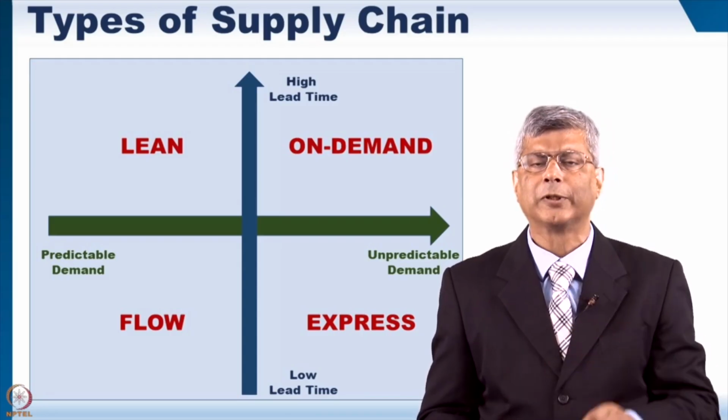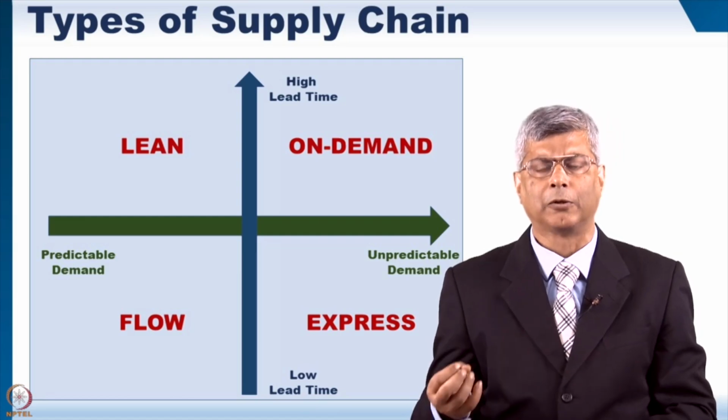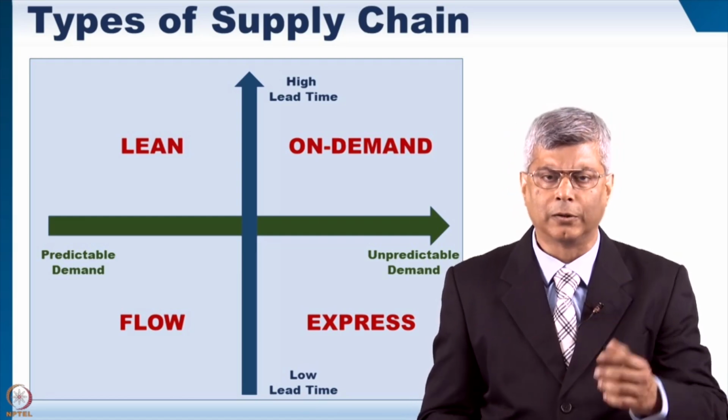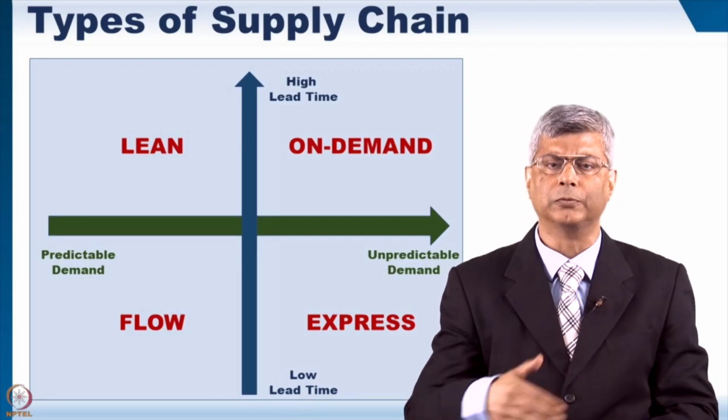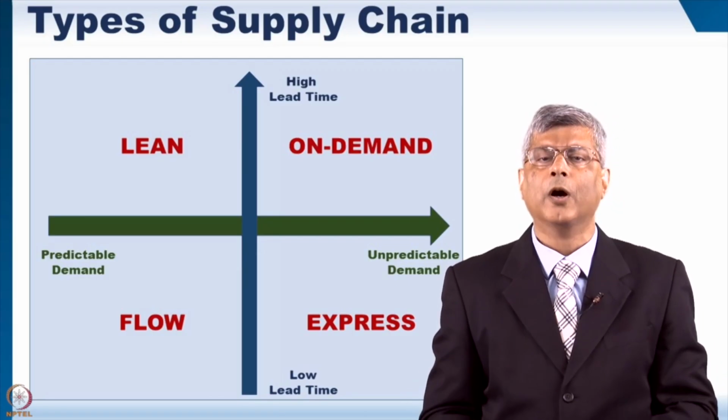And the demand is more or less stable. The demand for rice or oil and gas or sugar may be quite stable. And that's called a flow. It's a continuous flow. On the other side,